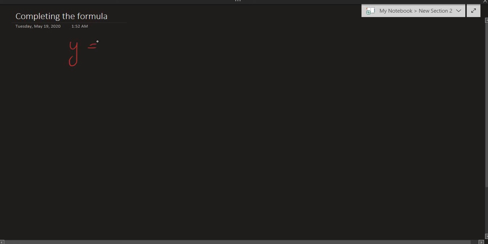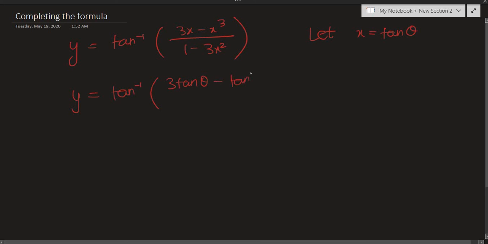Okay, final one now. We have y equals the inverse tangent of 3x minus x cubed divided by 1 minus 3x squared. Again, no scope for standard substitution, but we have a tan inverse outside. So making a substitution of x being equal to tan theta seems reasonable, right? So we have y equals tan inverse of 3 tan theta minus tan cube theta divided by 1 minus 3 tan squared theta. But this is nothing but the